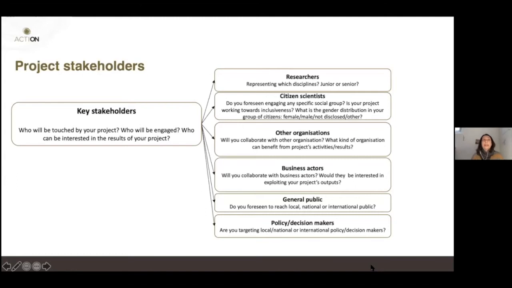But also, if you think there could be negative impacts on those stakeholders, this is the time to map it. I know that we want to look at the positive impacts, but it can also be the case that there are negative impacts for some groups, let's say.